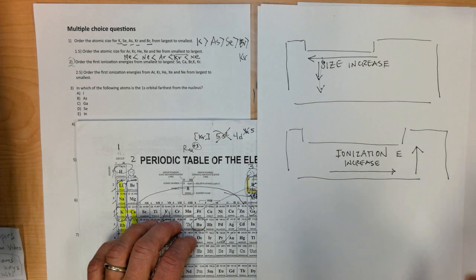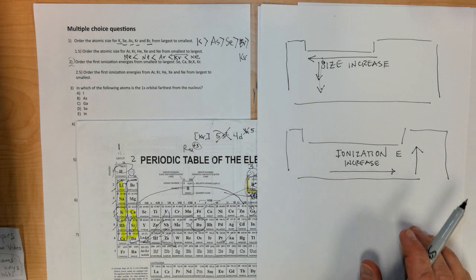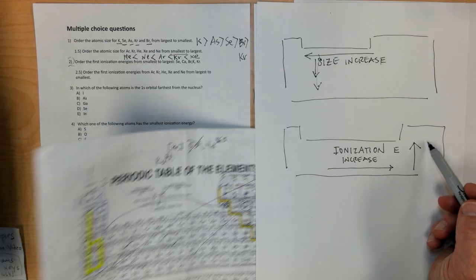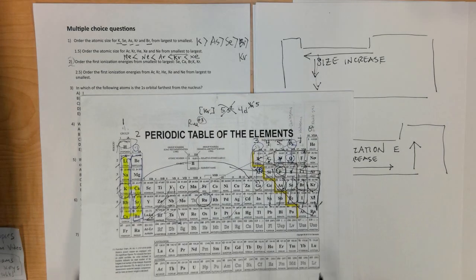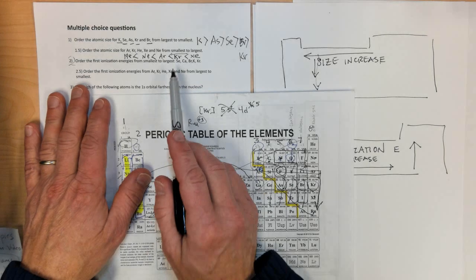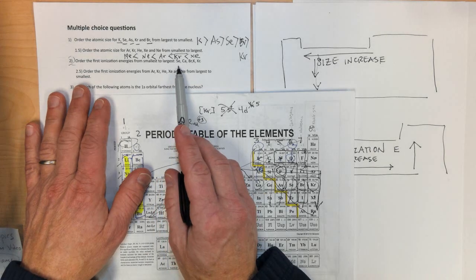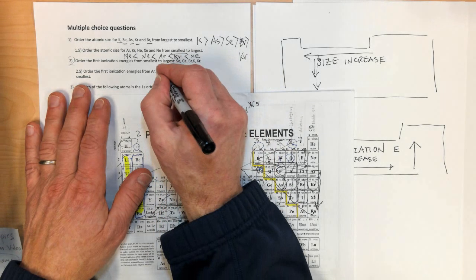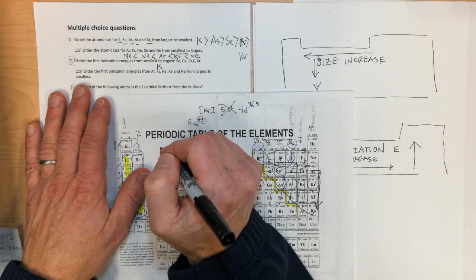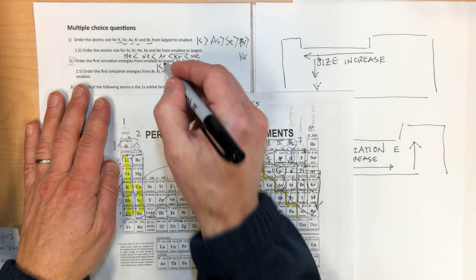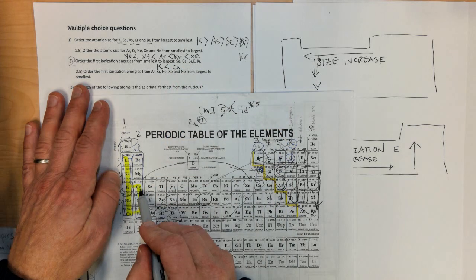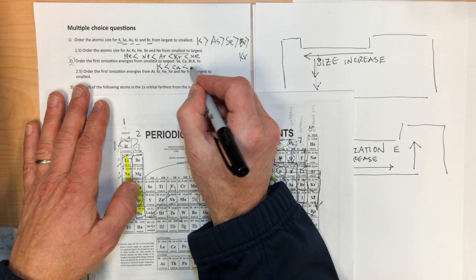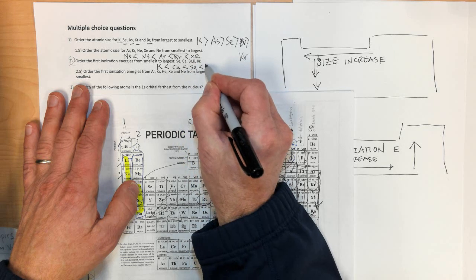Number 2, order the first ionization energies from smallest to largest. Ionization energy increases as you go up and increases to the right due to electrons being closer to the nucleus here, and there being more protons in the nucleus as you go from left to right across the period. And so if you find these on the periodic table, you'll find potassium is the smallest because it's the furthest left, and then larger than that is calcium right here, and then larger than that is selenium, and then bromine,